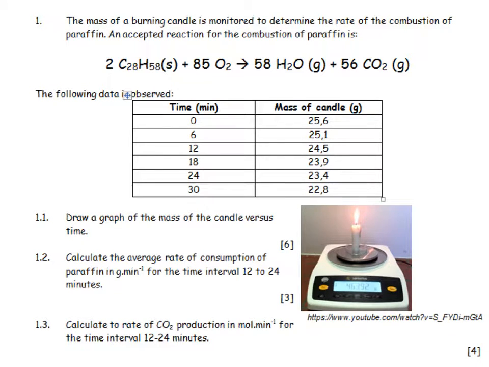The mass of a burning candle is monitored to determine the rate of combustion of paraffin, and they give us a balanced equation over here, or an acceptable balanced equation for the reaction. They give you the following data over there and expect you to draw a graph of y versus x. So if you're going to do that,